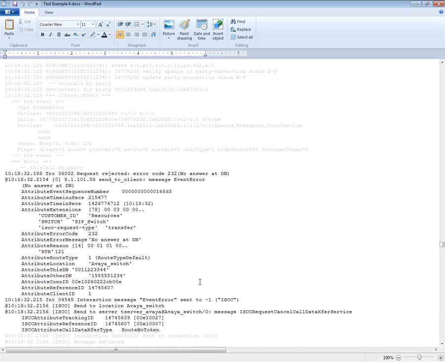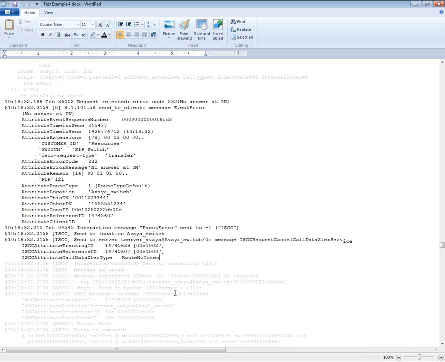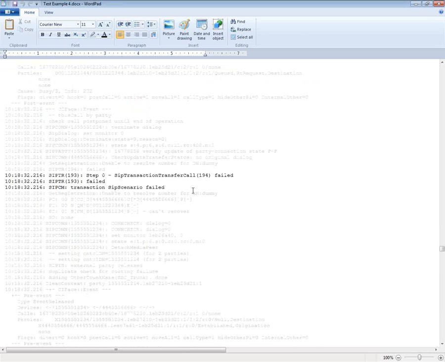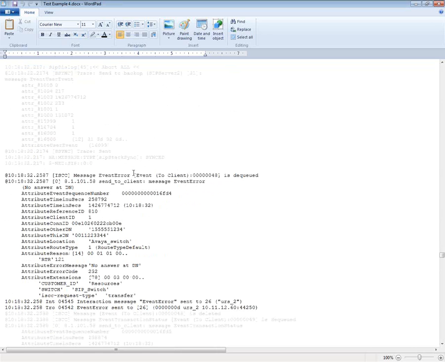Due to the fact that the call was not successful, SIP Server also has to send an ISCC request cancel call data transfer service to the T-Server Avaya. The transfer call step fails in this case, and you'll see the SIP scenario fails in this case as well for this particular scenario. Another EventError with no answer at DN is dequeued and is sent to URS, as you can see here,